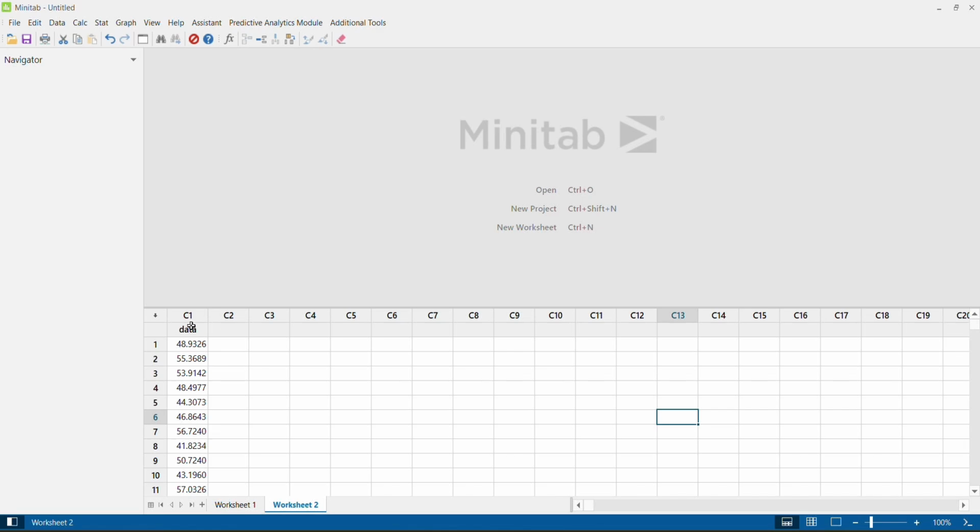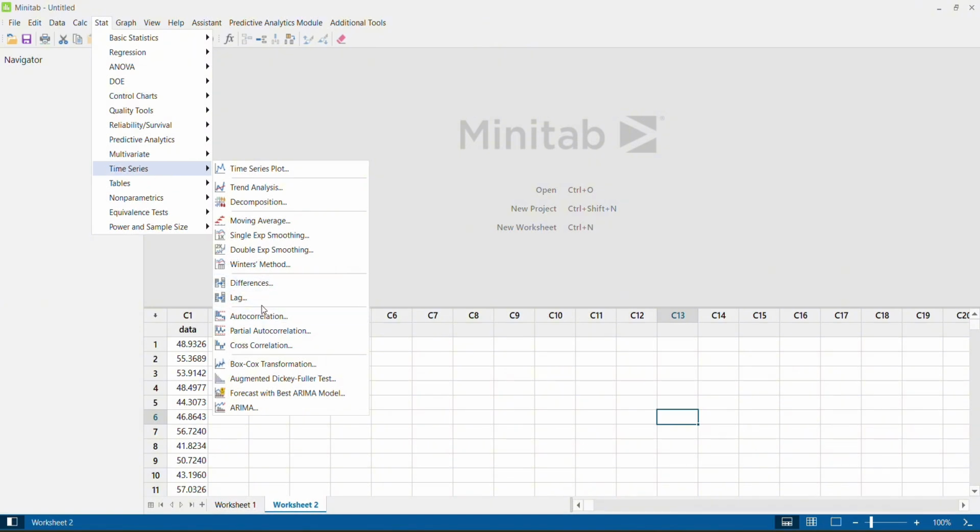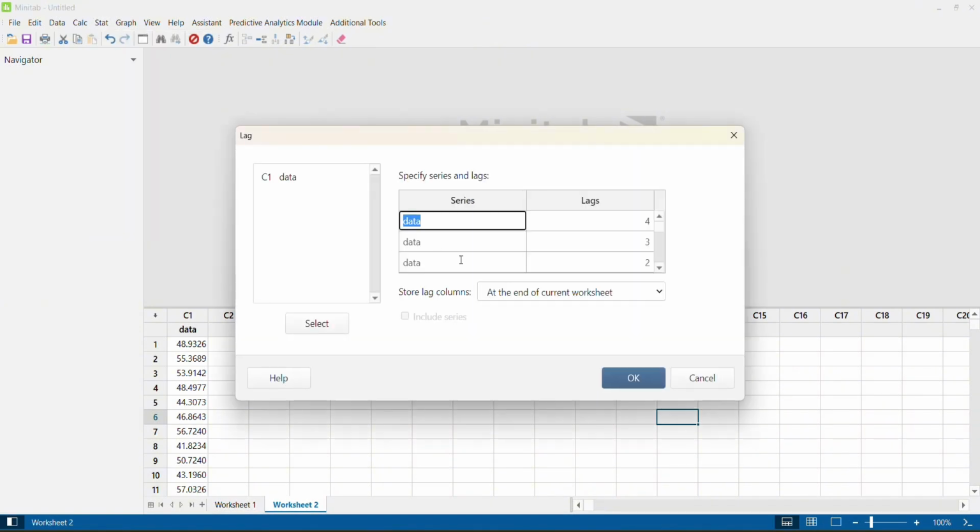Here I have 30 data points collected in chronological order. Now I click on Stat, go to Time Series, and in Time Series I have an option called Lag. When I click on Lag, Minitab gives me an option to create lags with multiple values. For example, here I am selecting Data, which is my data collected in chronological order. I can say I want a lag of 4. Again, in the same option, I can select my data and say I need a lag of 3, and I can select this. I can say I need a lag of